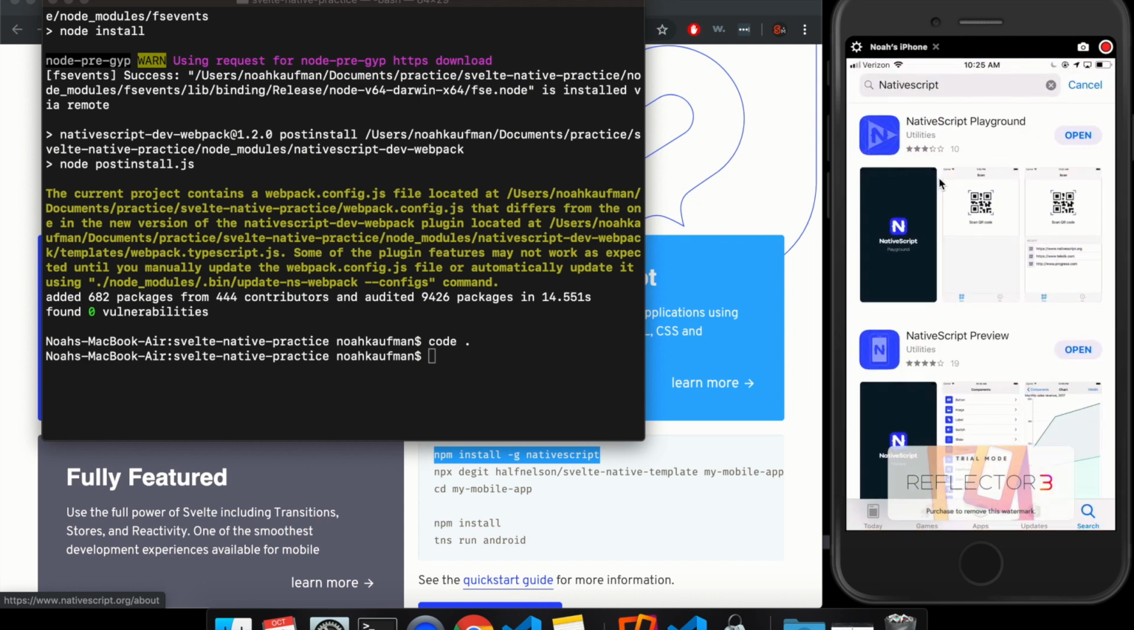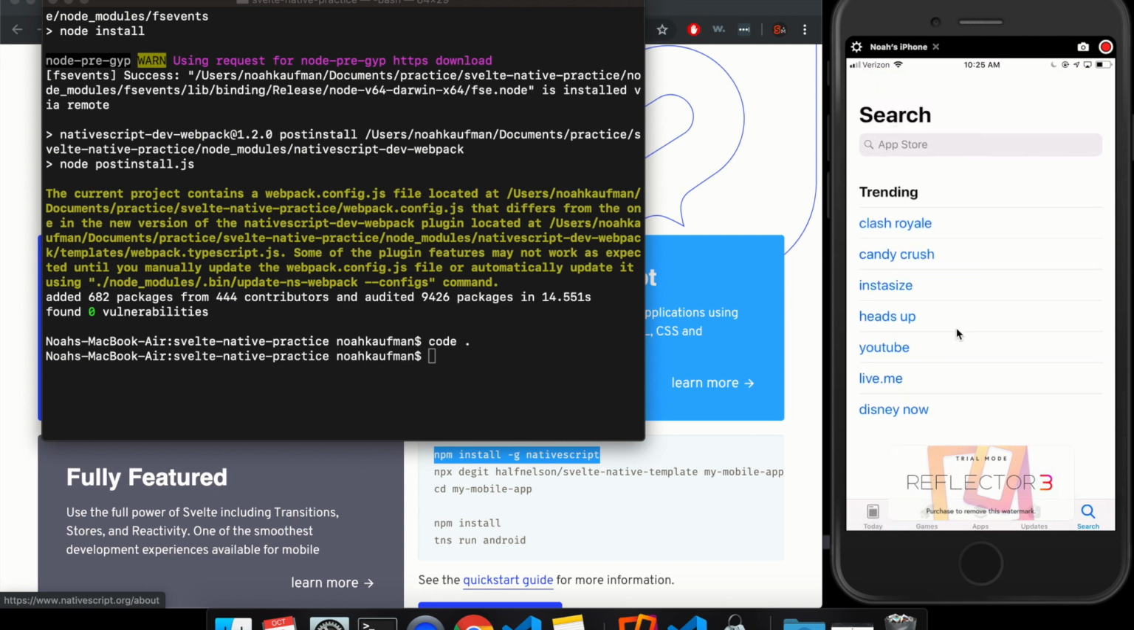screencasting. So from the App Store, you'll need to download NativeScript Playground and NativeScript Preview. I'm not sure why they're two apps, but you need both of them. So you'll just type up here NativeScript search and then download both of those. Okay, so after you've done that,